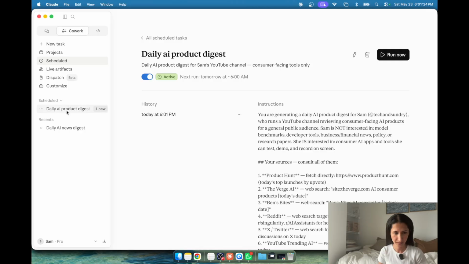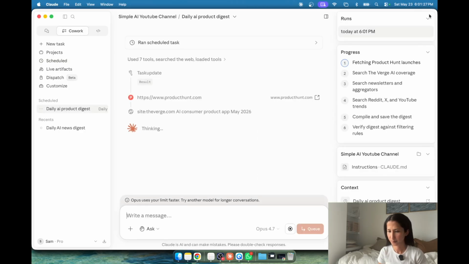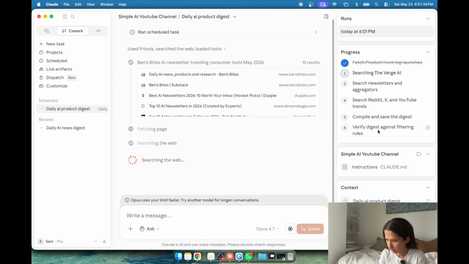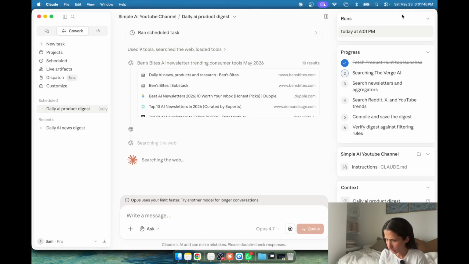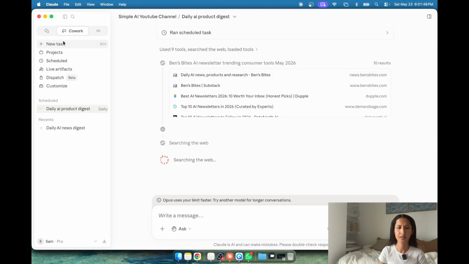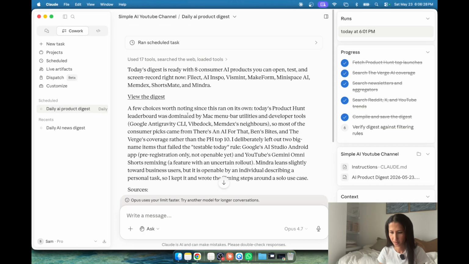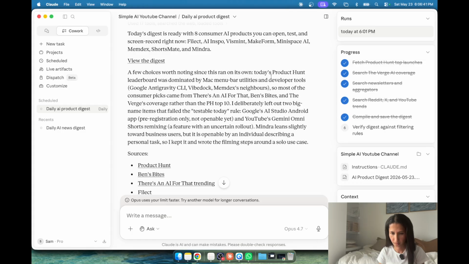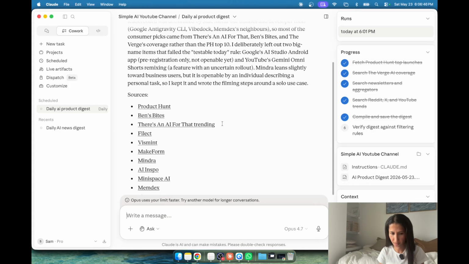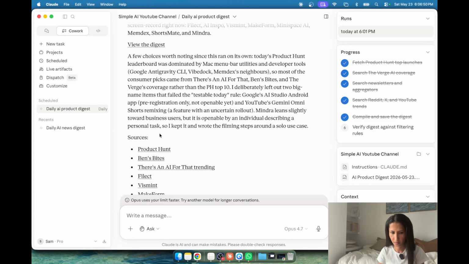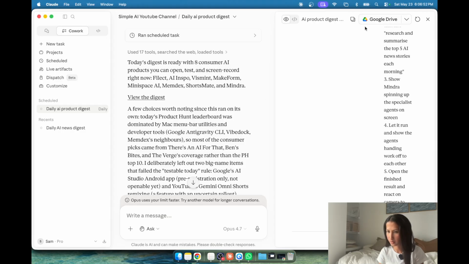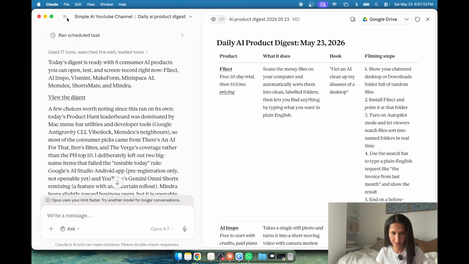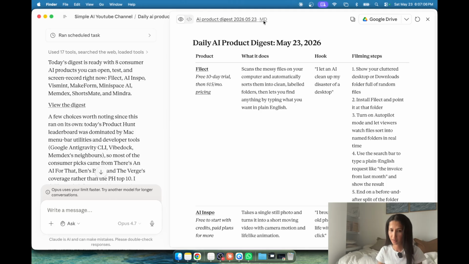Practice running. So these are the steps for the task. And then I'm going to click this to close that. It has finished running and it's produced the following. First, it's an overview of my digest, and then it gives me some other information. Product Hunt was dominated by Mac menu bar utility items, and my sources. So if I click my actual digest, close that, and do that,